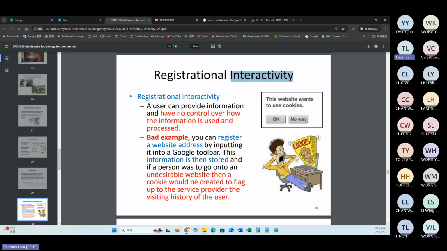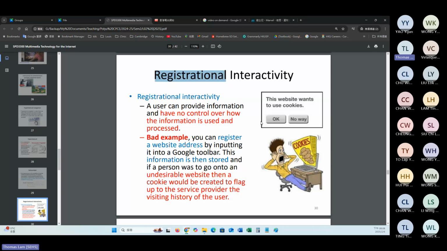But again, there are certain issues about interactivities. We call them registrational interactivities. When we participate in the use of the internet, sometimes we may need to accept the cookies. I think you may have experienced this: the website wants to use the cookies. How come we have this screen?